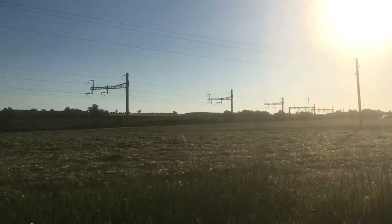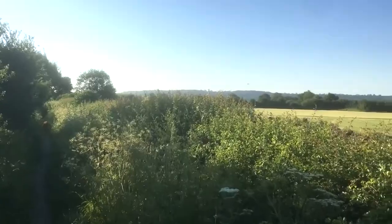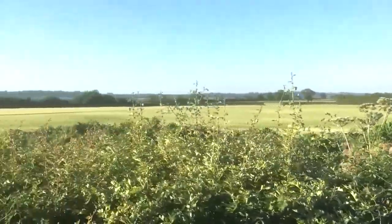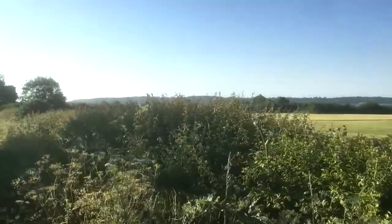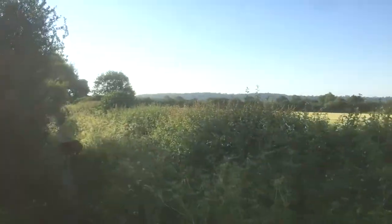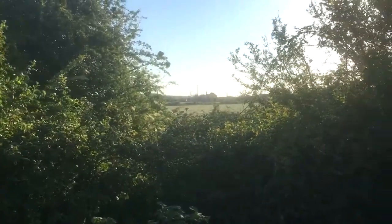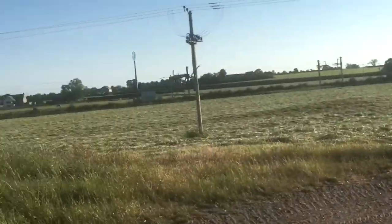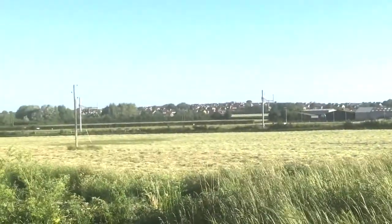Absolutely beautiful. Not going along a narrow bit here, but what you do have is a very good view again of the Marlborough Downs. So you might as well take advantage of being slightly elevated and having a look at those, because there's nothing to see on the other side. So there's a lot of private farmland, and we have a farm here, and you can look back and see Woodshaw